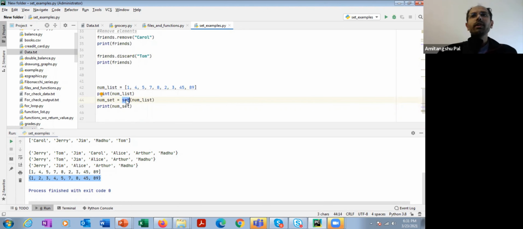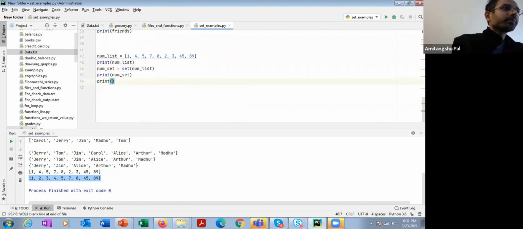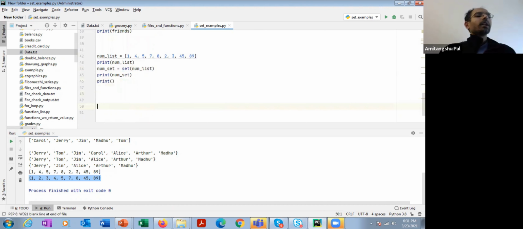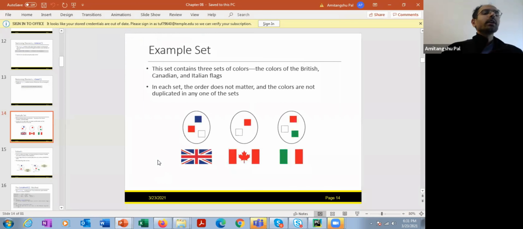Okay, now let's learn some set operations. What are the different set operations? Let's learn some set operations from the slide, and then we are going to apply them in this program. And again, whatever functions I am covering over here, these functions apply equally in set theory also. Okay. So let's take one example.